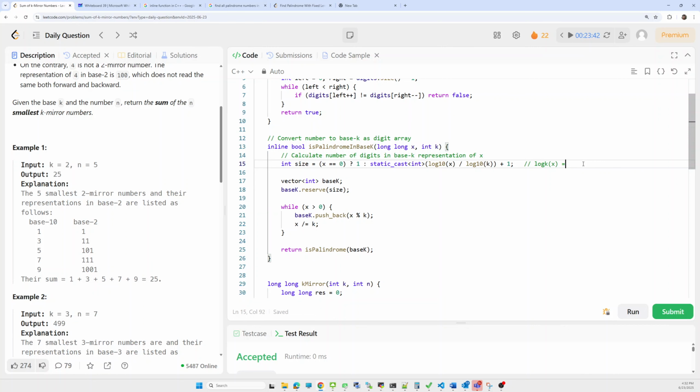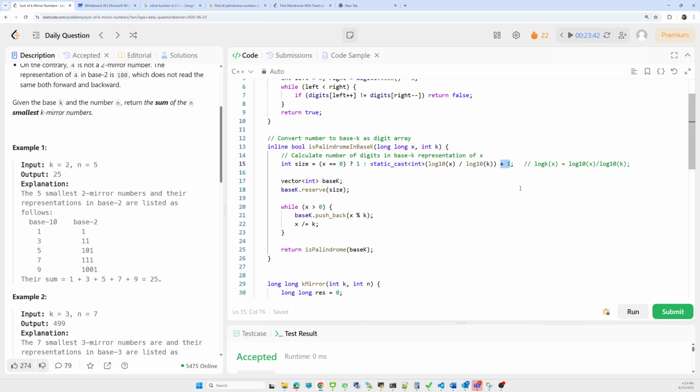This is equivalent to log 10 of x divided by log 10 of base k. So we fetch log 10 of x and log 10 of k, and to that value we add 1. It will give me the number of digits in base k representation.